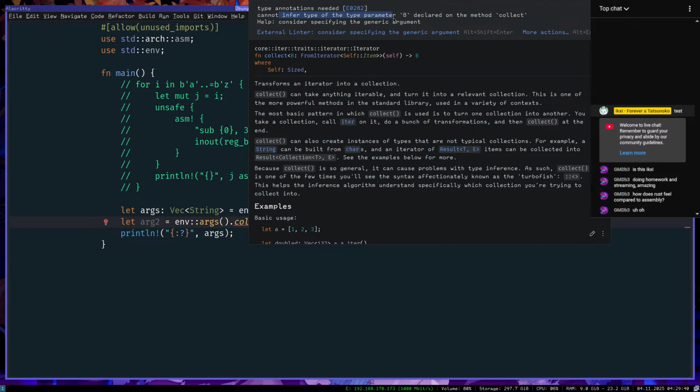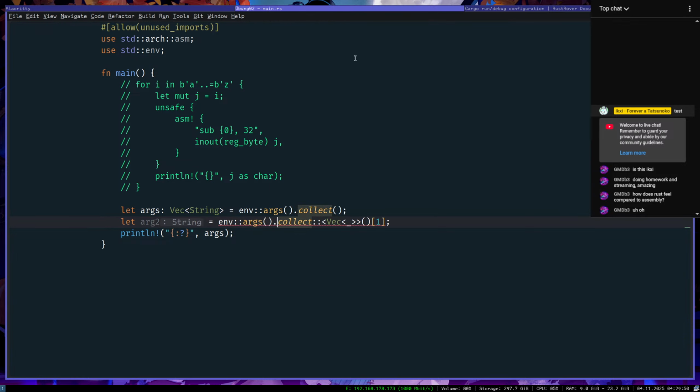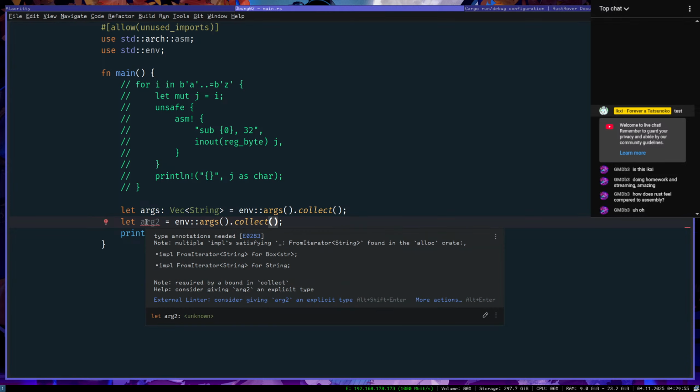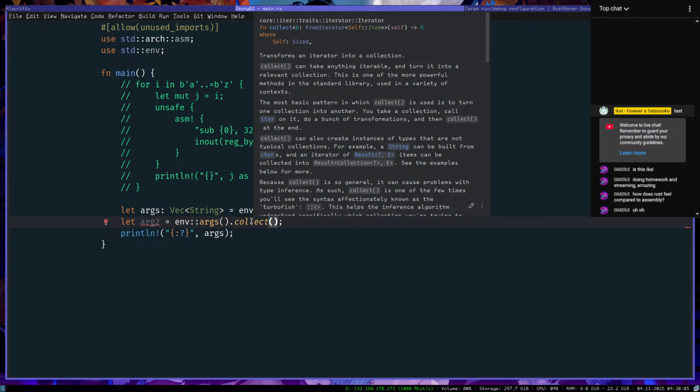Cannot infer type of parameter, be declared. Yo, what? Right, why can collect in this case not?